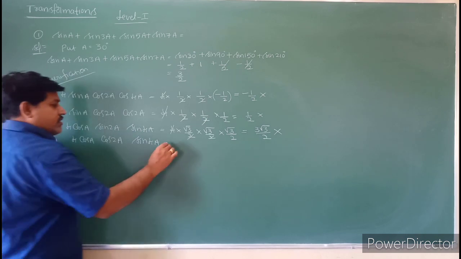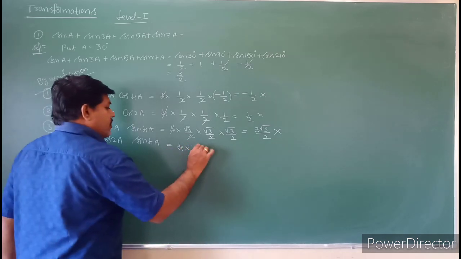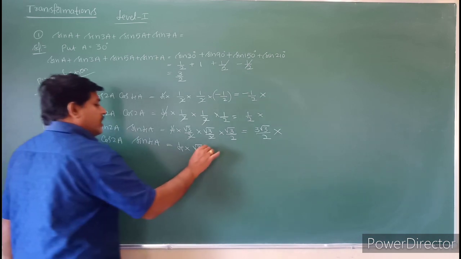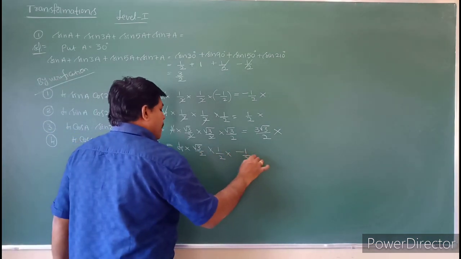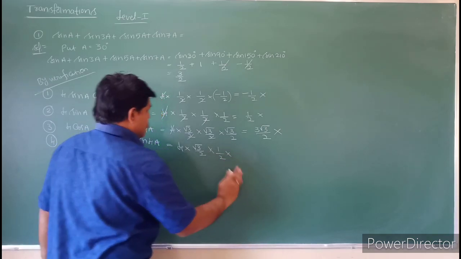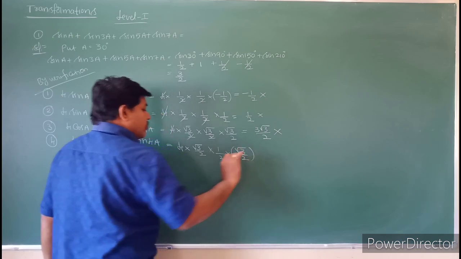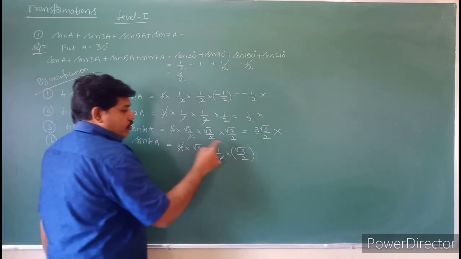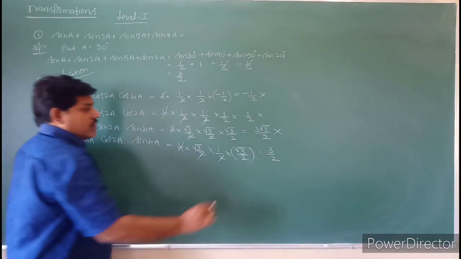Okay. So see the last one. So what is this? 4 into cos 30 value is root 3 by 2. Cos 60 is 1 by 2. Cos 120 value is minus 1 by 2. Not the cos, it is the sine 120. So see this one, students. Sine 120 value is root 3 by 2. So what terms will be cancelled? 4 and 2 will be cancelled here. So root 3 into root 3 is 3. So it will become 3 by 2. So this 3 by 2 is the answer.